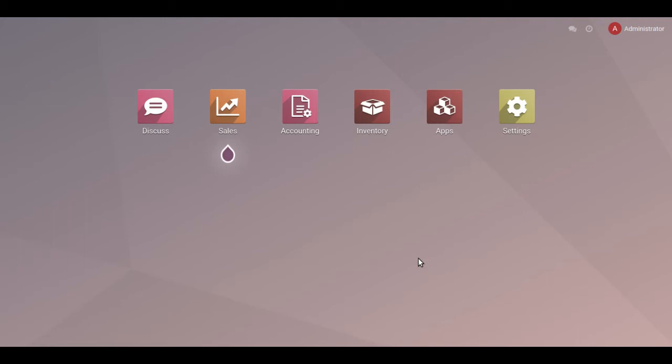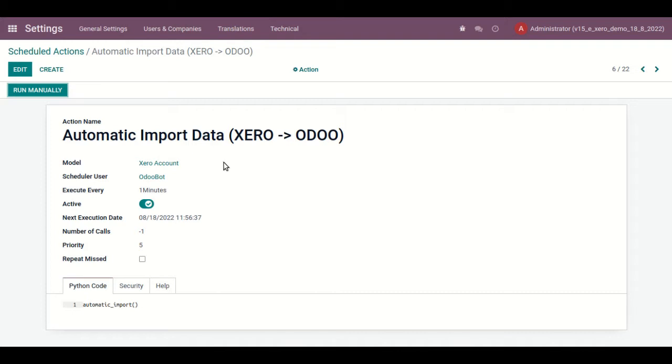Hello guys, in this video I will show you how automated schedulers work here for import and export operations. All these operations will be done automatically by the system, without any kind of manual intervention from the user. First of all, let me show you the scheduler for importing data from Xero